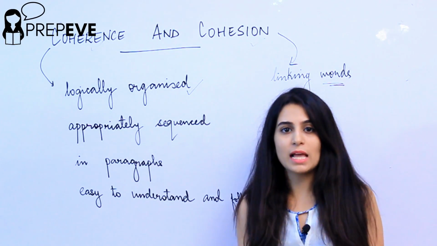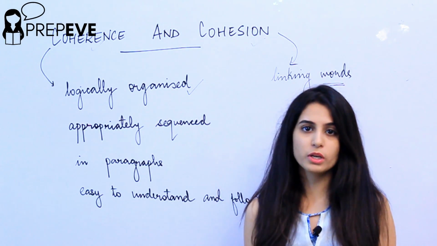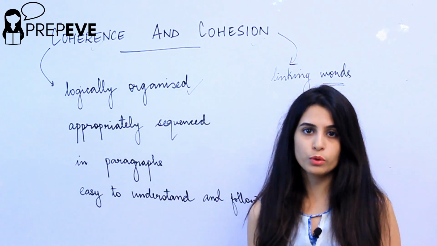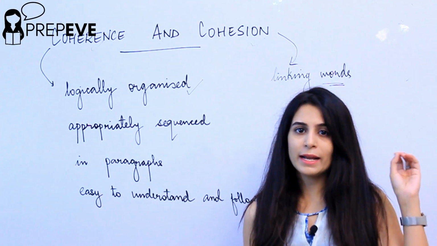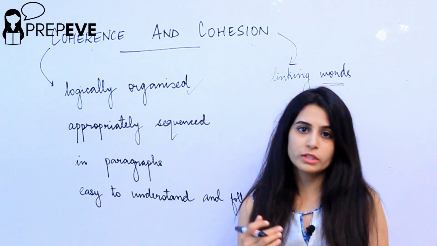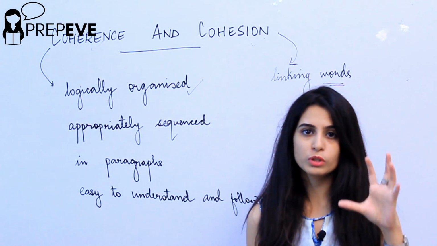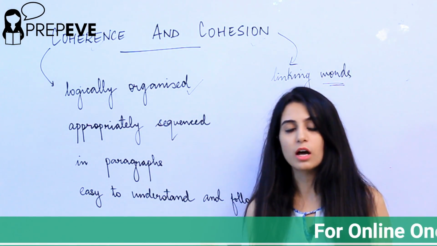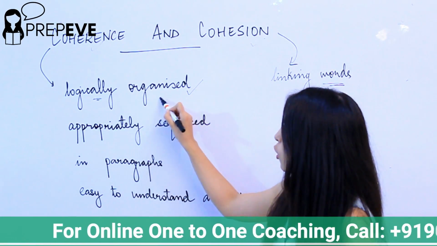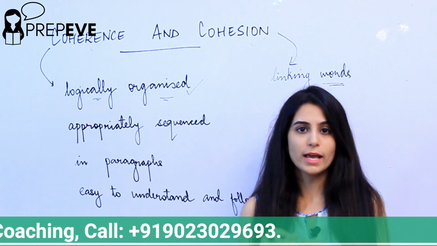You cannot, for example, there is a question of advantages and disadvantages. There is a topic given to you and you have to tell the advantages and disadvantages. What do you do? Do you write advantages and disadvantages randomly, one after another alternatively? I guess not. You devote one single paragraph to the advantages and the next paragraph to disadvantages. This is called logical organization of your essay. This is how you logically organize your essay.